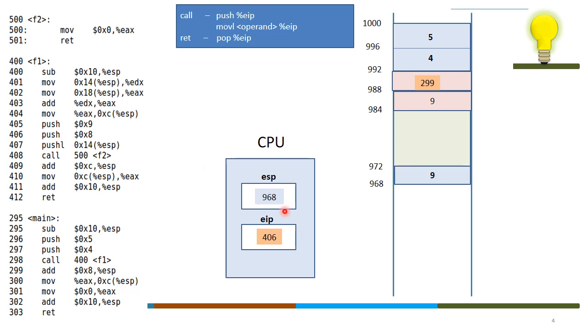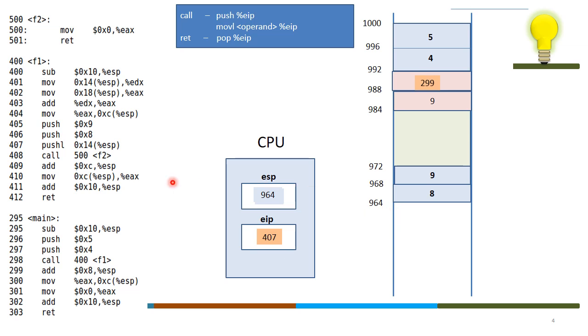Now ESP is decremented, ESP is pushed because you are pushing the value here, right? Again, next instruction, 8 is pushed down, EIP is incremented, ESP is decremented, and 8 is being pushed. Again, next instruction is 407, push L, ESP is now